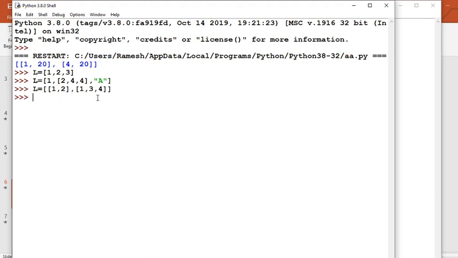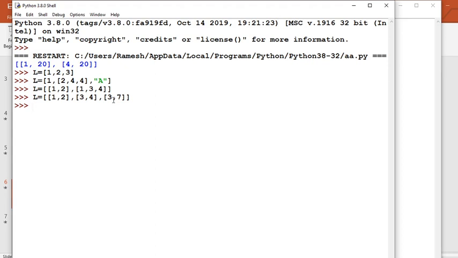So this is a ragged list. One more element we will write here. Okay, so this is called a regular 2D list, because here every element is of the same shape.